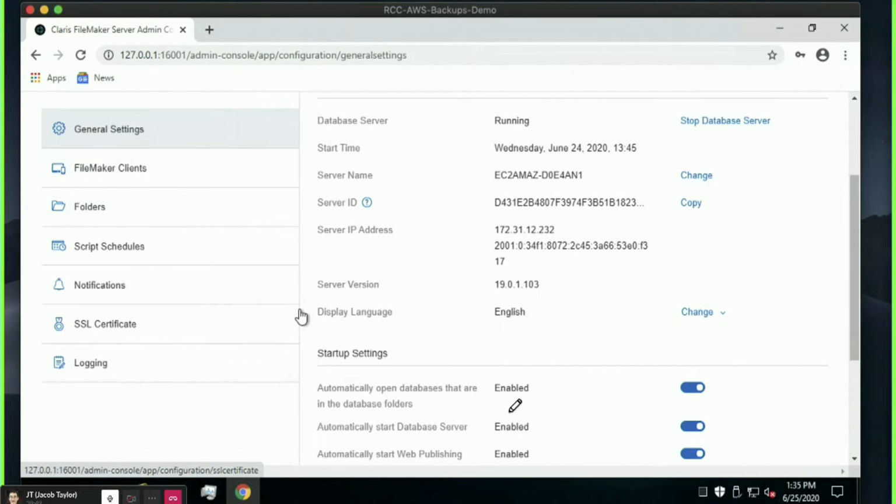So one of the main changes that we always make, and I have to explain why, is this setting right here, open the databases that are open in the database folder. We always turn that off. And you can turn the other stuff off too, but at least this setting should always be disabled on your server. The reason for that is because if, for example, your server crashes, and that could be FileMaker Server itself, or it could be the hardware, the virtual machine, the whatever, the thing, any of those parts, if any of it blows up,